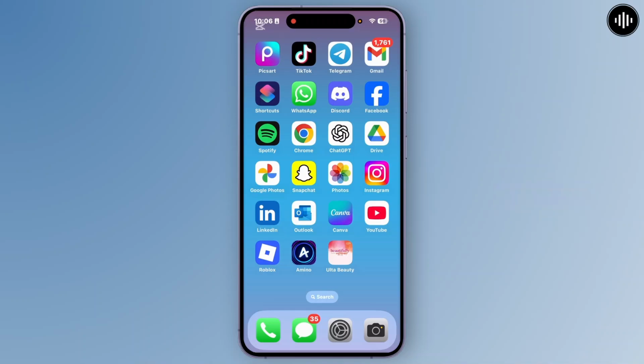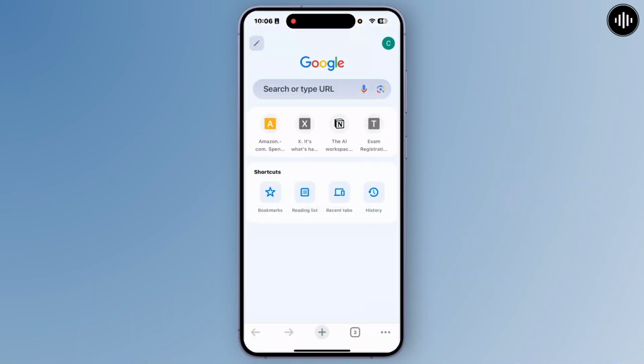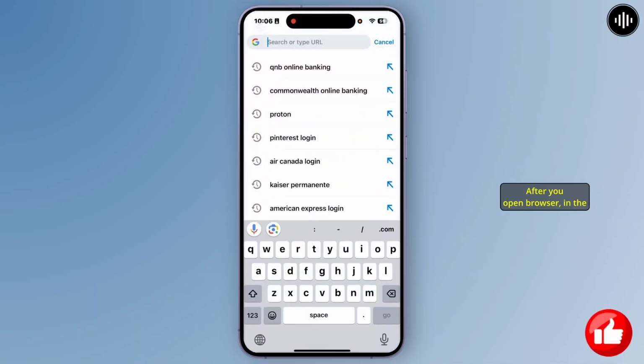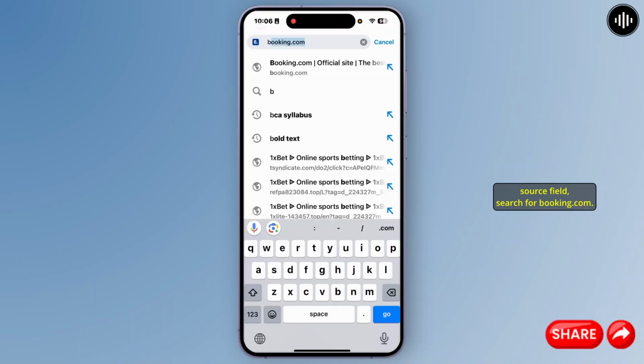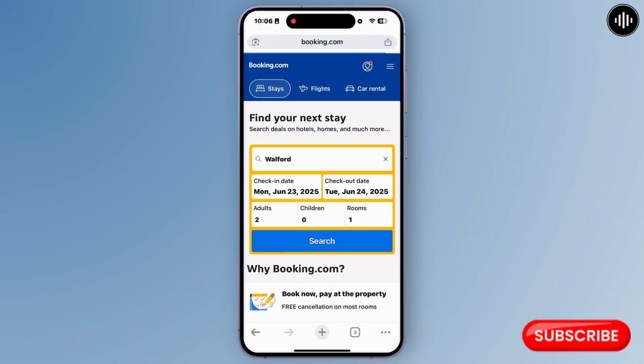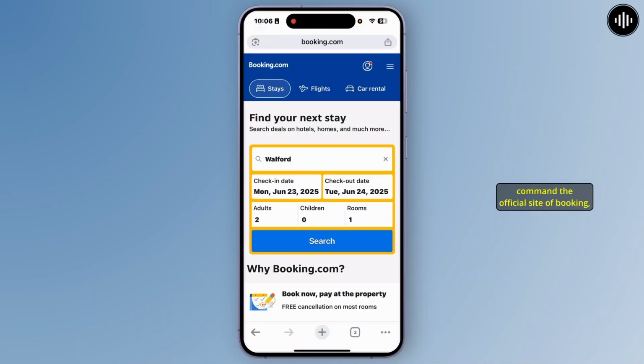So let's get started. First, open any browser on your device. After you open the browser, in the search field, search for booking.com. After you search it and come on the official site of Booking, you'll be able to see this type of